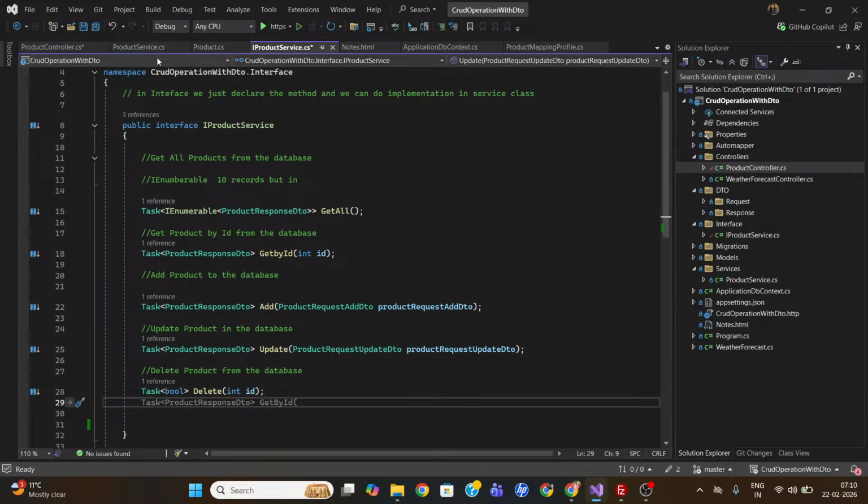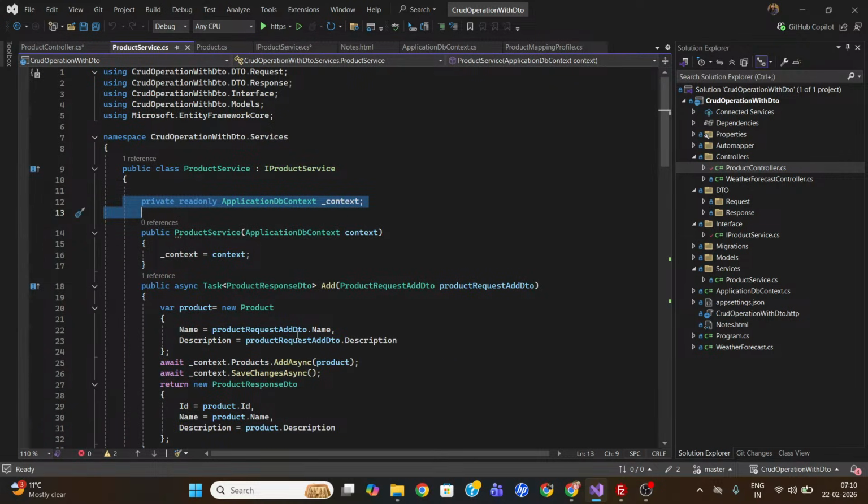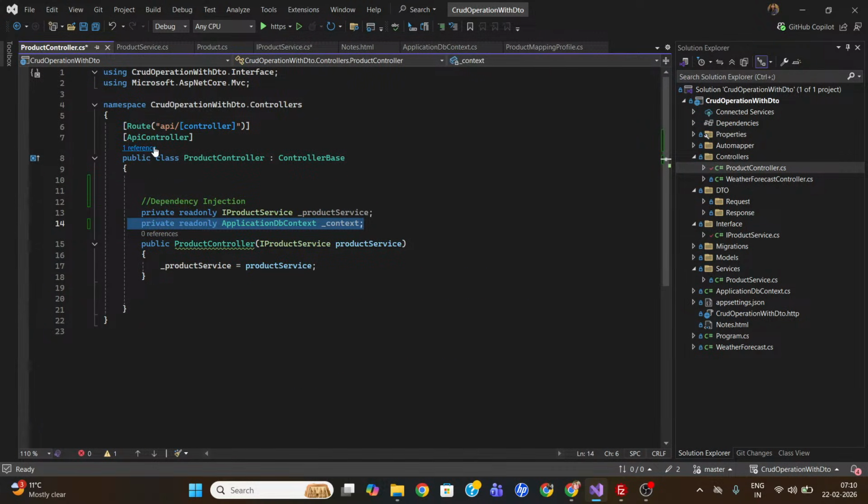Here we can do all the implementation, and here we can inject it in the constructor. So this is the best example of dependency injection, and you can easily give this example in any .NET interview, if they ask how you can implement dependency injection in your project. So dependency injection, a simple definition: